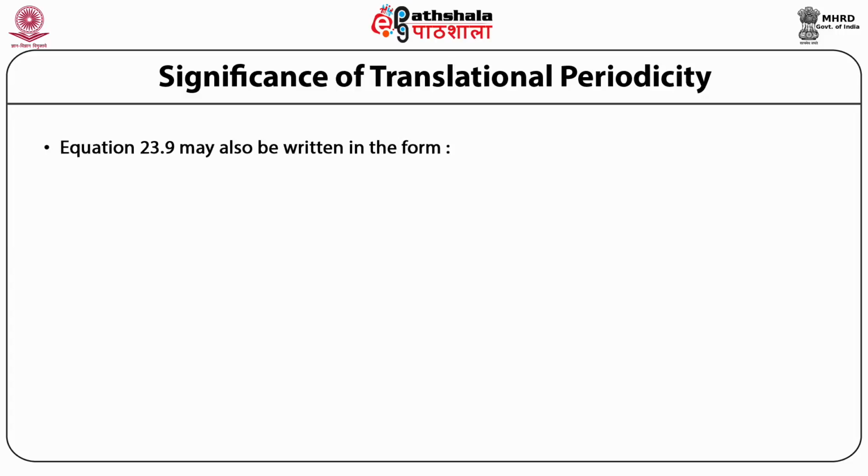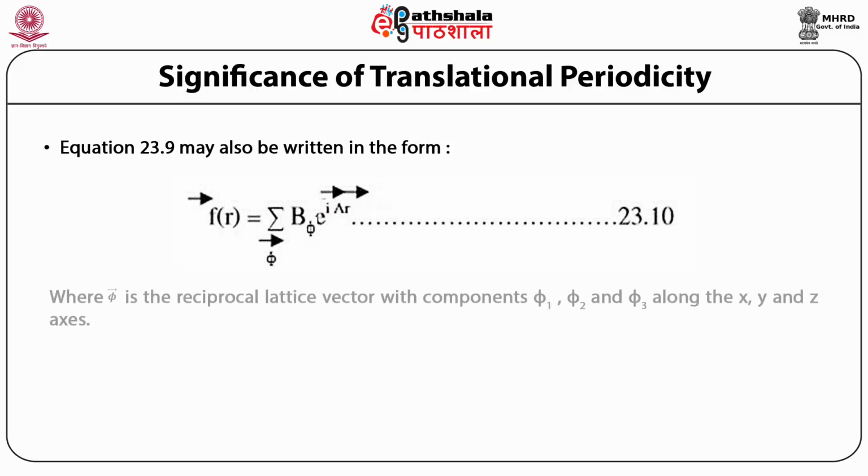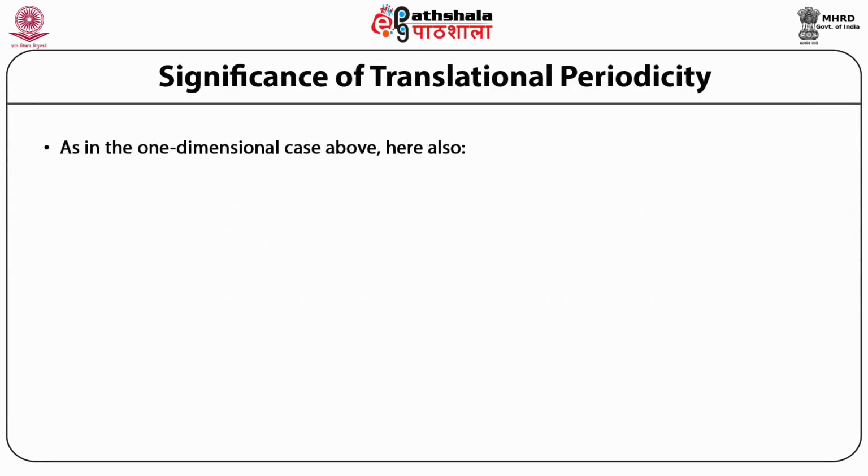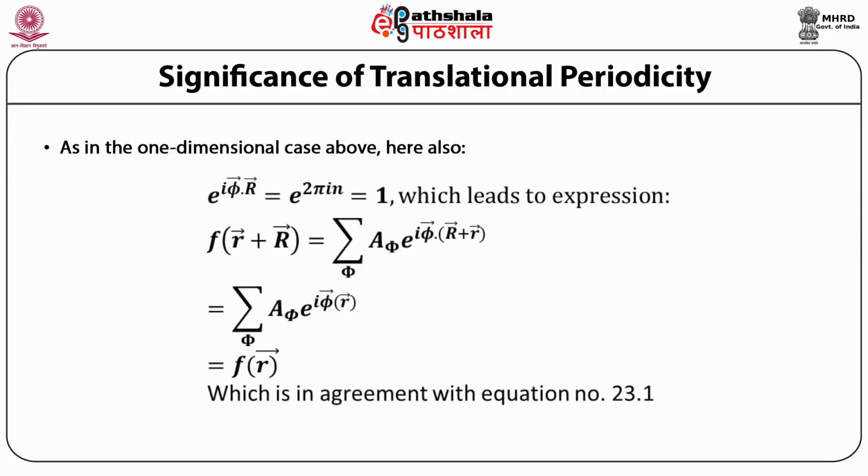Equation 23.9 may also be written in the form f(r vector) is equal to summation over phi vector capital B phi exponential of i capital A vector into r vector, given as equation 23.10, where phi vector is the reciprocal lattice vector with components phi 1, phi 2, and phi 3 along the x, y, and z axes. As in the one-dimensional case above, here also exponential of i phi vector into capital R vector is equal to exponential of twice pi i n, equal to 1, which leads to the expression